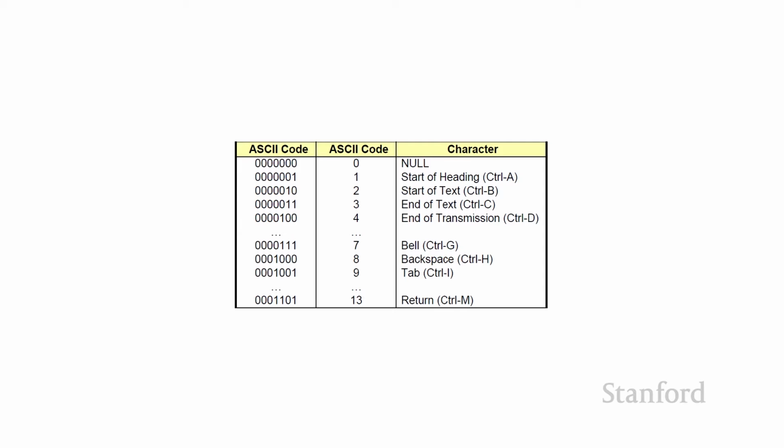For quite some time, if you were working in a text editor and you hit the control G, your computer would actually ring a bell. It was kind of cool, but I'm afraid I haven't run into any text editors lately that do that. But the basic idea here is that these different control characters allow us to transmit control information using the same ASCII